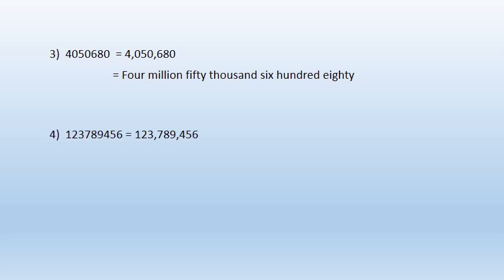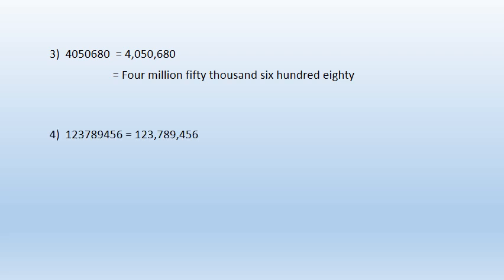The number we have written as it is, we have placed the comma, we have divided into 3 periods. This is ones period, thousand period, lakh period, million period. Okay students, come on, just read this number. This is million period. So we are going to write this as 4 million. 050 when we read together it becomes 50. 50 is in which period? Thousand period. So we are going to read it as 50,000. And 680 is ones place. So we are going to read it as 680. So what is our answer? 4,050,680. Come on, let's take another example.